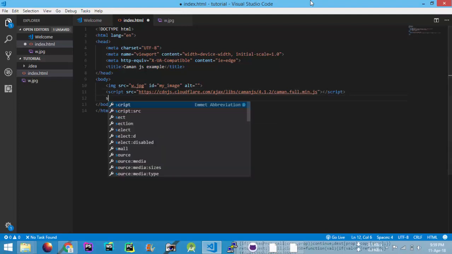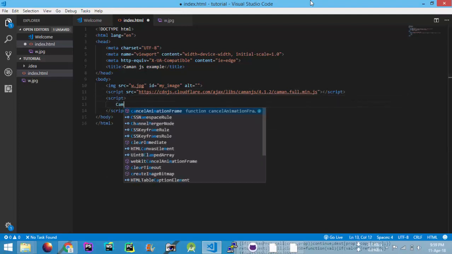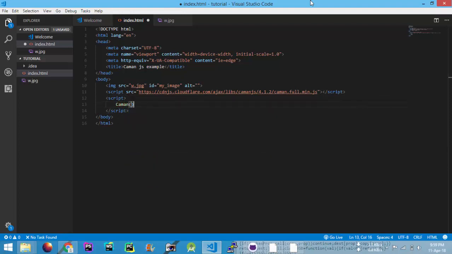Okay, let's open up our script tag and call Caman. I already talked about the parameters. The first parameter will be myimage, which is the image id. The second parameter will be a callback function. So just call the effect, which is something like this dot